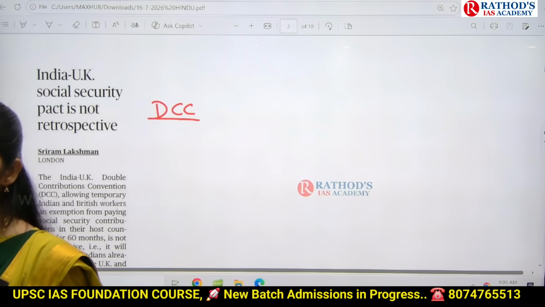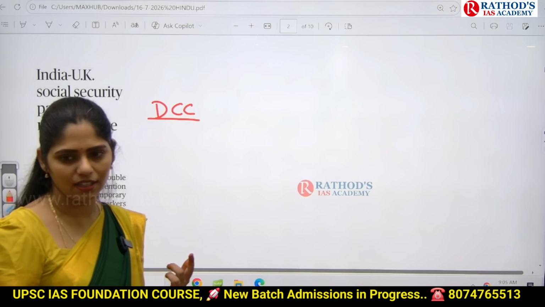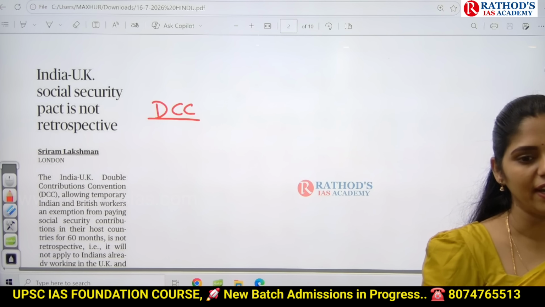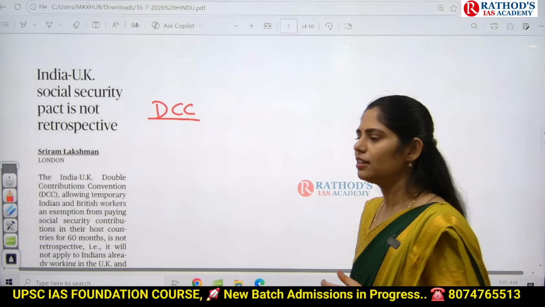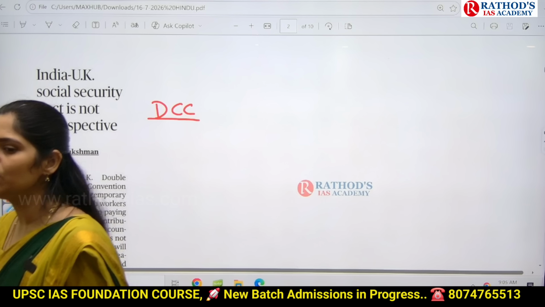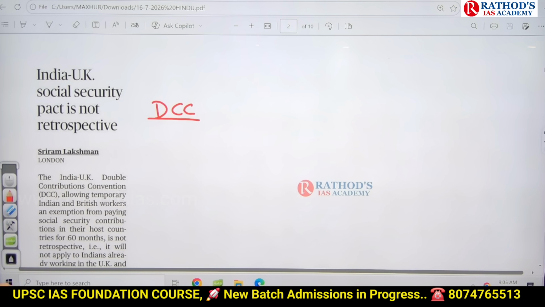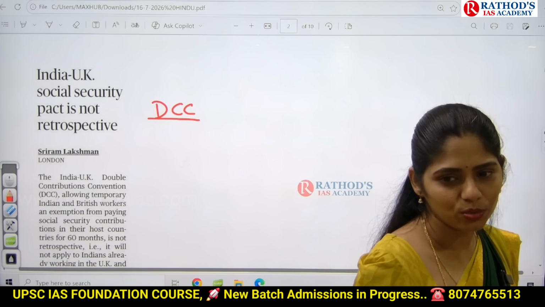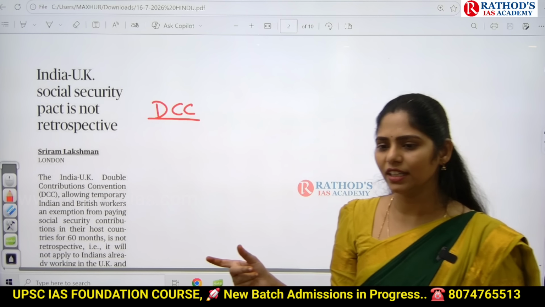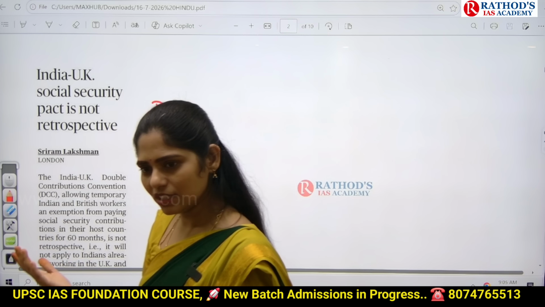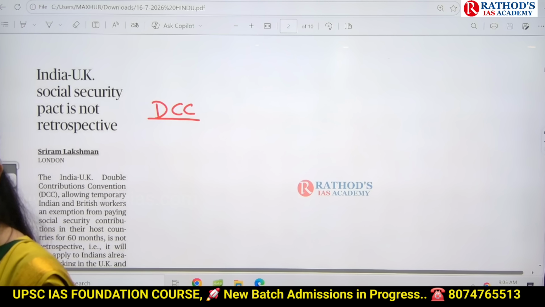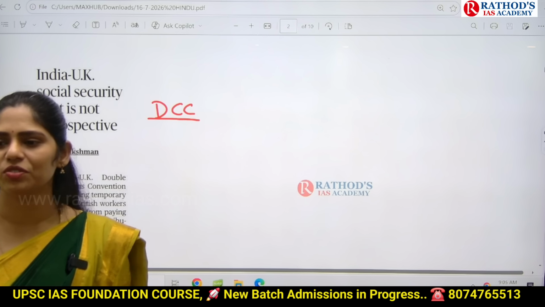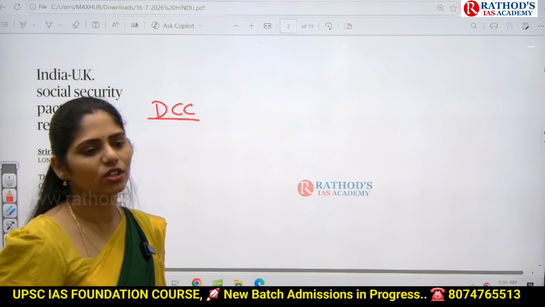The third type of question is: consider the following statements regarding DCC. Under that, it can give you 2 to 3 statements and ask you to identify correct or incorrect statements. And UPSC can give you the new question format, like they'll give you 3 statements. Under that, statement 1 is supporting statement 2, and statement 2 and statement 3 are contradicting each other. Like that, UPSC can frame a new format question on this topic also. And you have to keep a star mark for sure: in 2027 prelims, there will be a question on this DCC.